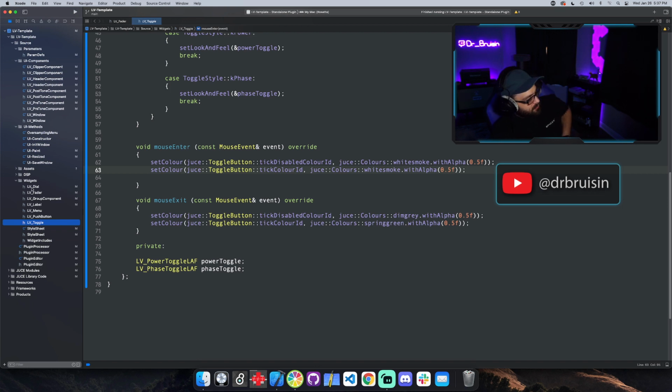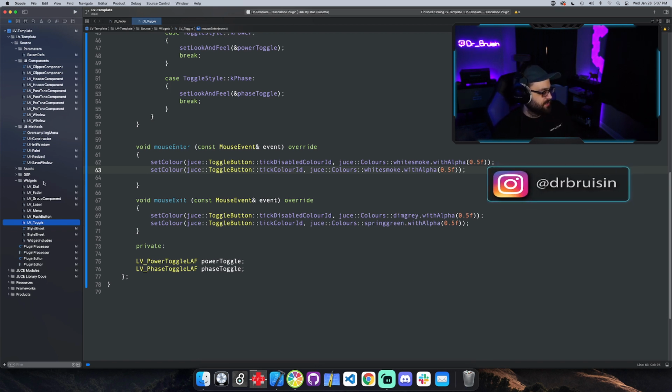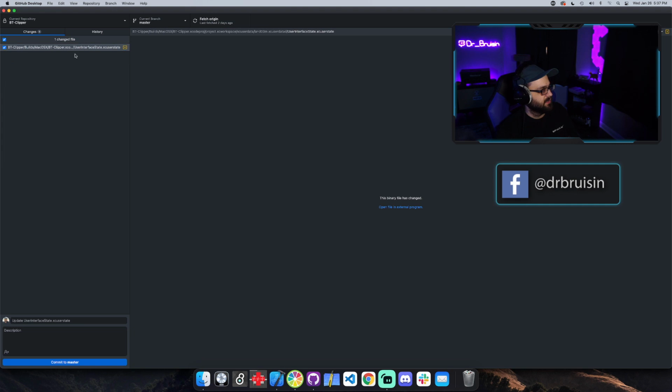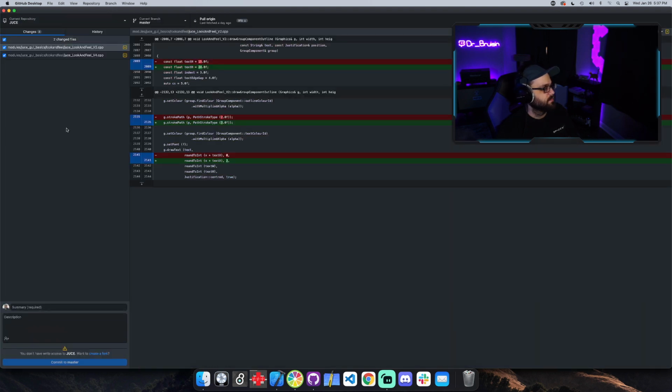Oh, and you know what? Now the real question is, I want to go in where I changed something in the juice module. So I think I'll just open up GitHub Desktop and it should tell me if anything's changed in juice. Yeah, look and feel v2. Oh, and draw group component. Okay, so I'm gonna go into